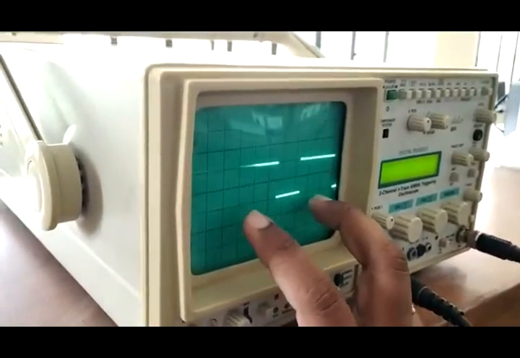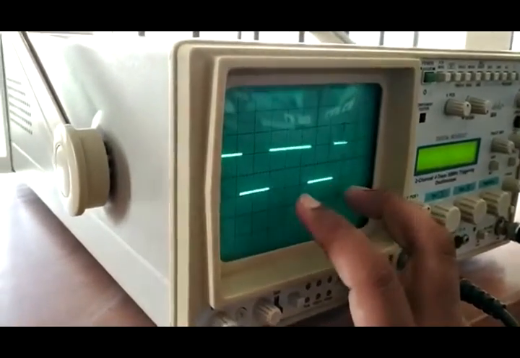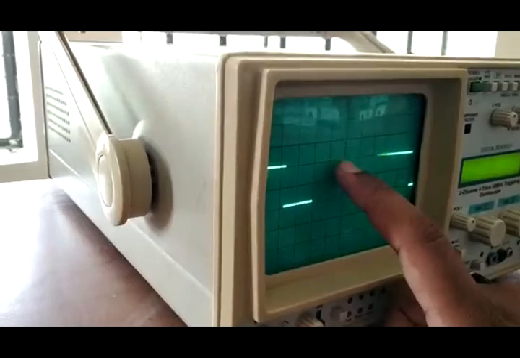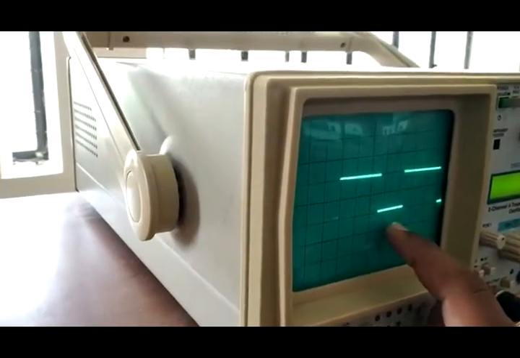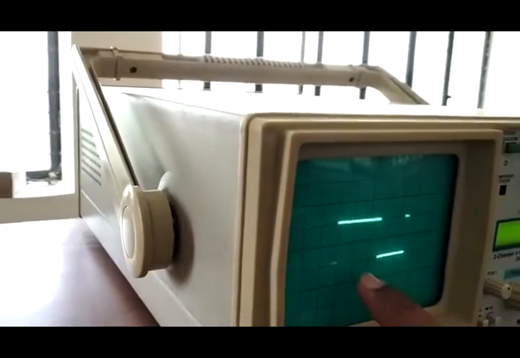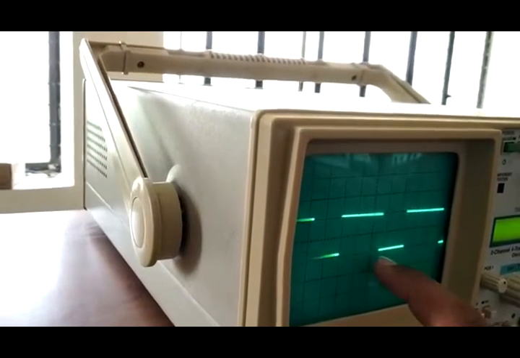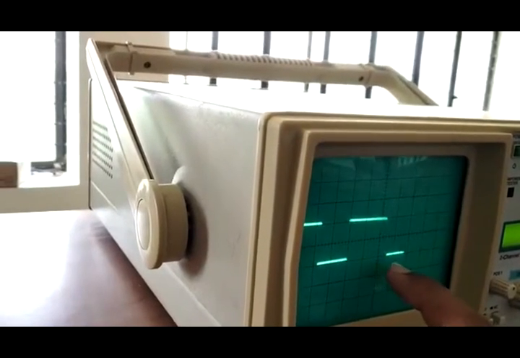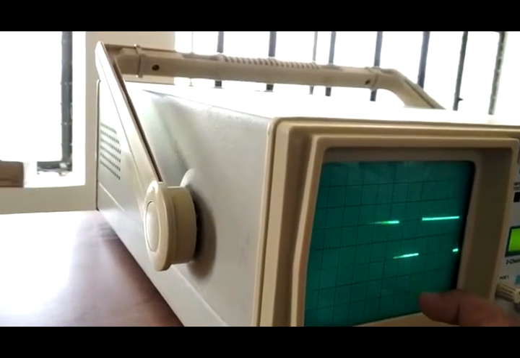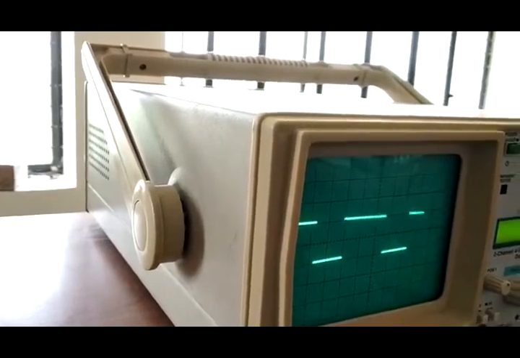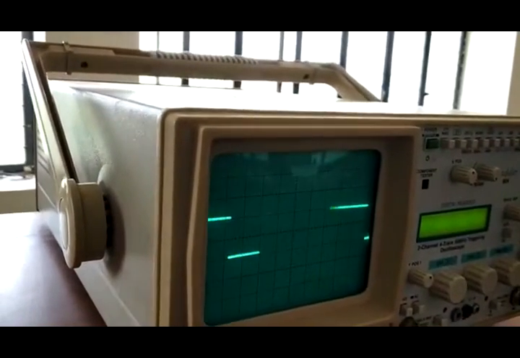In the same way, by changing the values of RA and RB, we can get T on and T off equal when the duty cycle is chosen to be 50%. In the same way, we can make T on lesser and T off greater when the duty cycle is chosen lesser than 50%. So these are the different things that we can do.